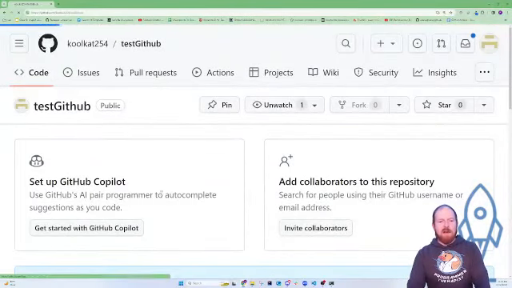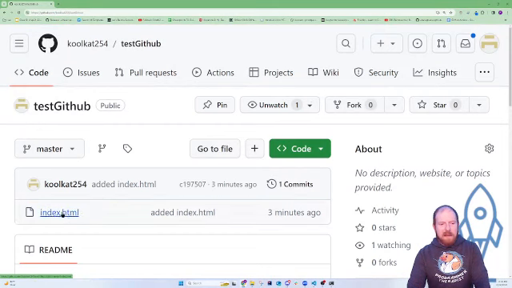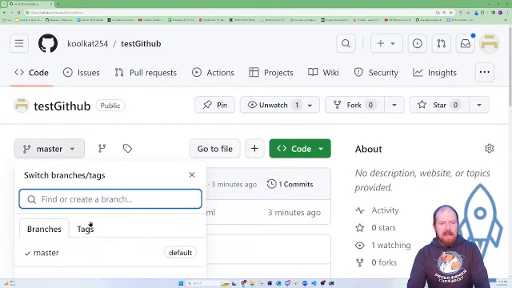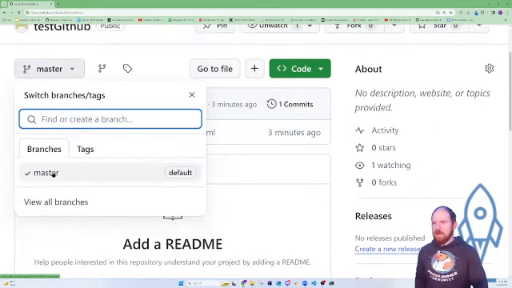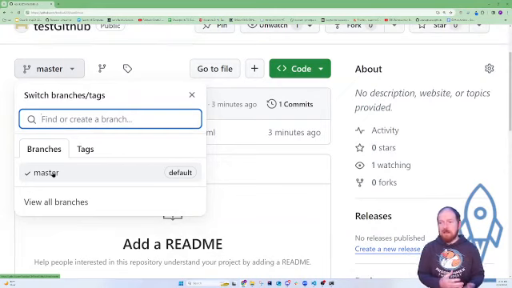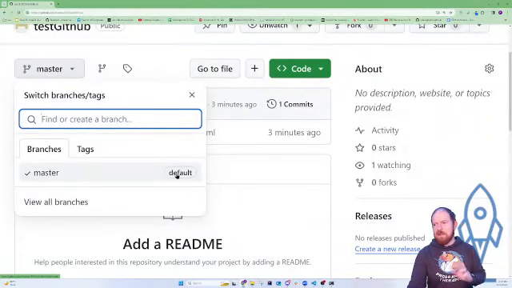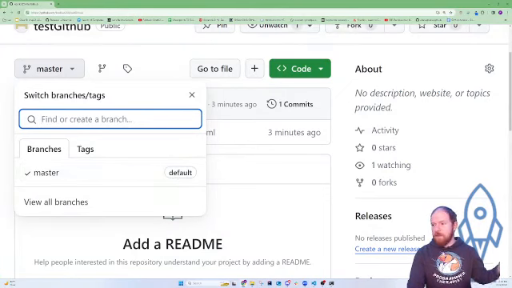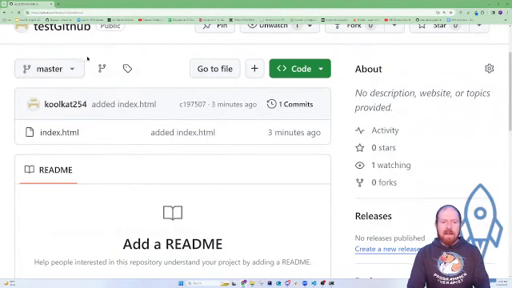So now whenever I go to my code, I have my index HTML and I have my master branch. When you guys do this, some of you will use main by default, and that is perfectly fine as long as everybody knows that's the default branch. Main or master does not matter. And you can change your default. I've done that before too. What I want to highlight now is,